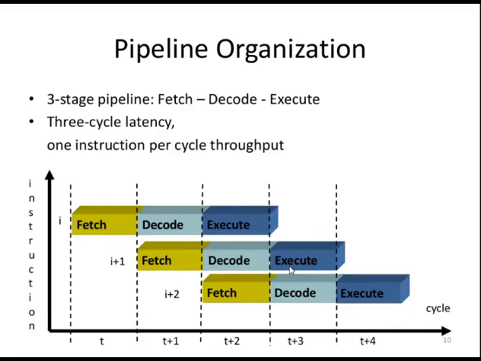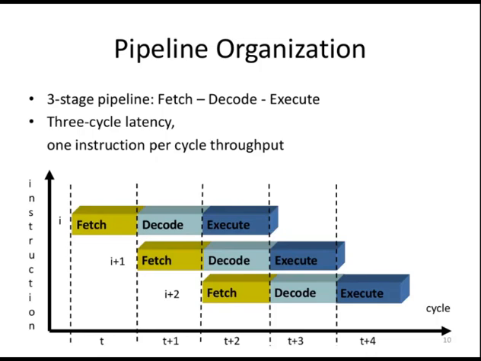So to represent this three stage pipeline of fetch, decode, and execute, we have to use this graph. See, instructions are sent at time t plus 1, t plus 2, t plus 3, and t plus 4. At instant t only the fetch operation of one instruction, instruction I, is carried out.